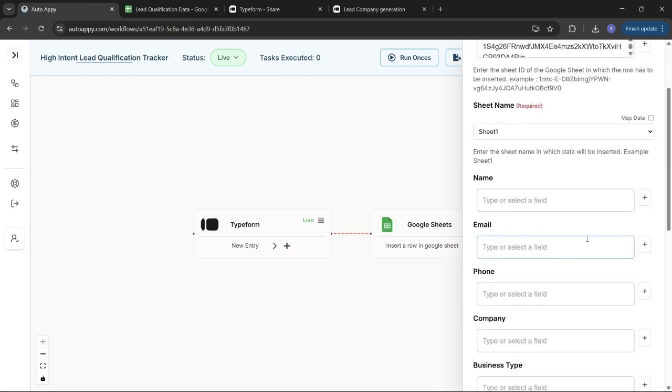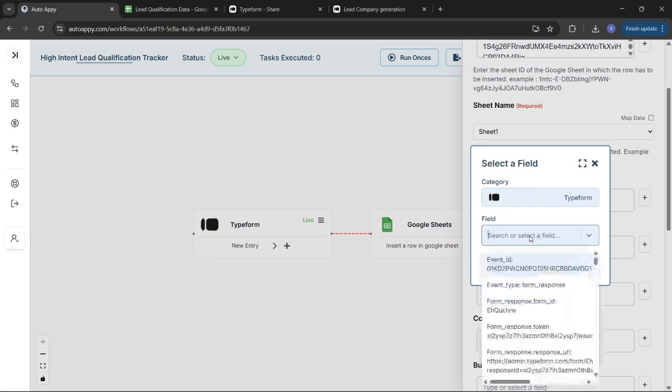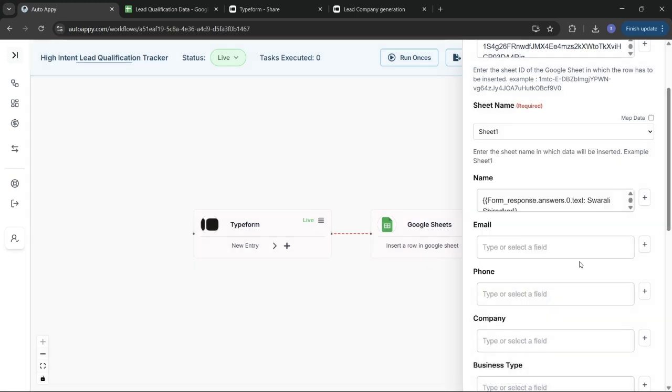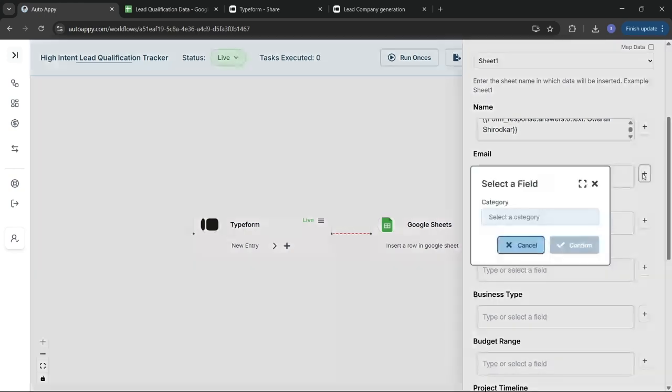So here we will have to go to the data mapper. Just click that, and here we will have to select Typeform, and for the name we will just search Swarali Shirodkar. So just say confirm. So this is how the data has been mapped. Similarly we have to map all the remaining fields. So I'll just go to the data mapper,